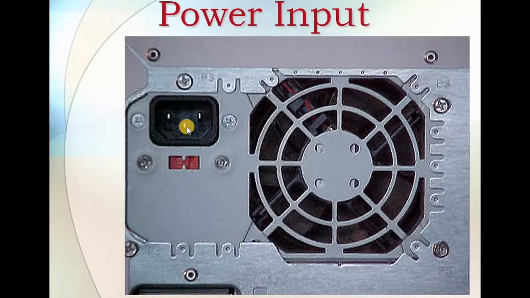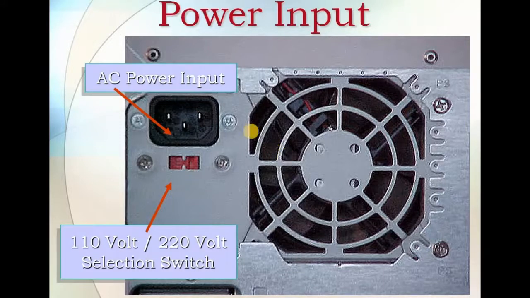This is what we call the power input. A 3 pin connector will be there. From the main switch, the power supply will come to this, basically for the SMPS, and through that the electricity will be passed to different devices. As you can see, there is the AC power input, and then a 110 volt or 220 volt selection switch, and through that the power supply is transferred.